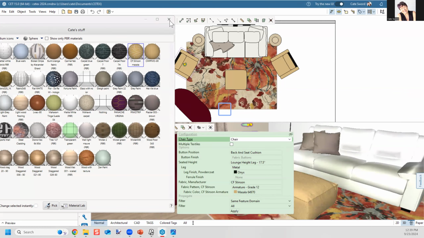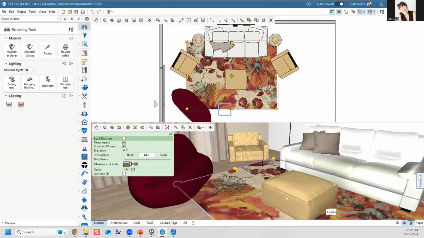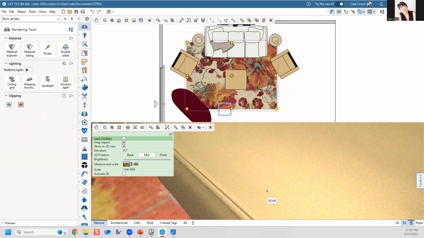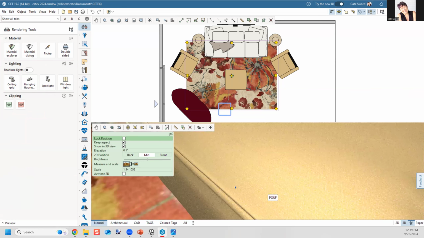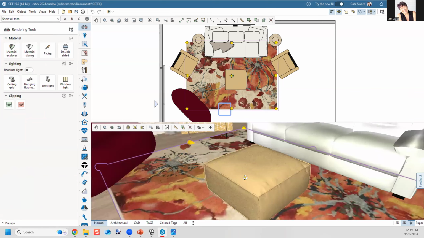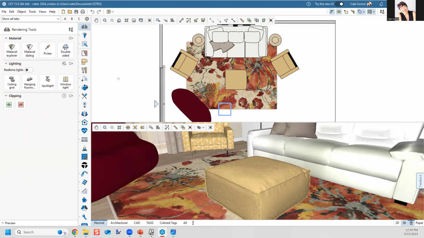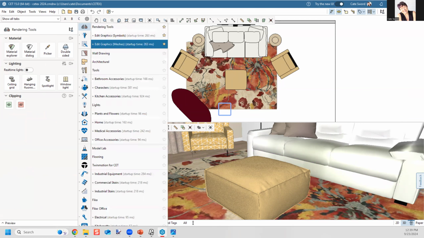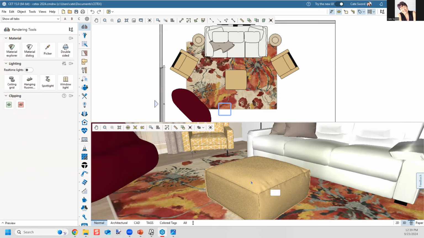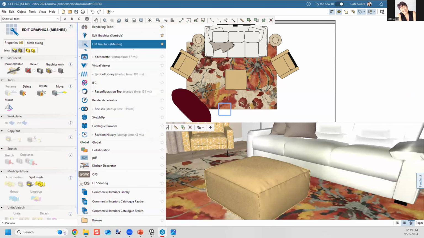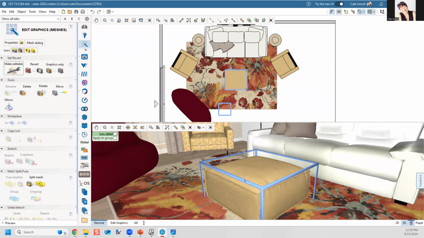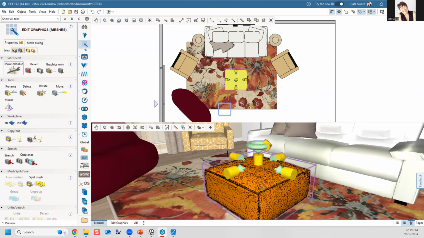Okay, something is terribly wrong here, friends. The material is on there, but can you see that it's so super tiny? I could have sworn I had the scale right. What this is, is that SketchUp symbols don't always do what you want them to do. If you have a SketchUp symbol and you apply the material, and this happens to a lot of things, I'm going to go into my edit graphics and make this symbol editable. It still looks bad, but now when I click on the symbol,